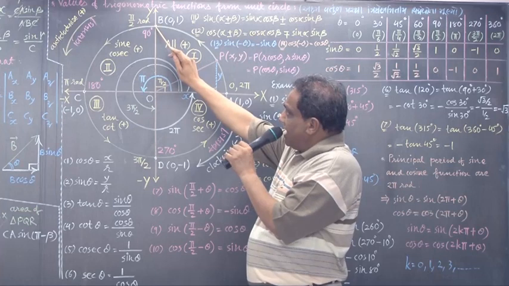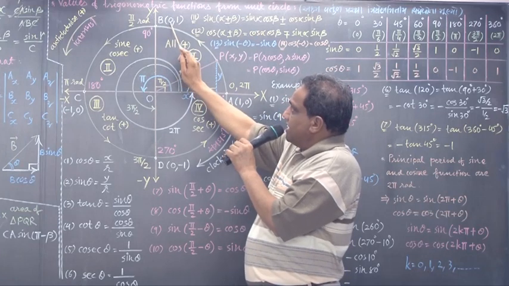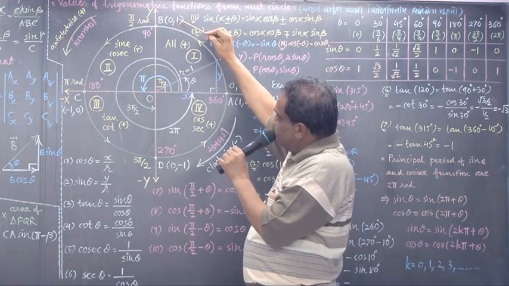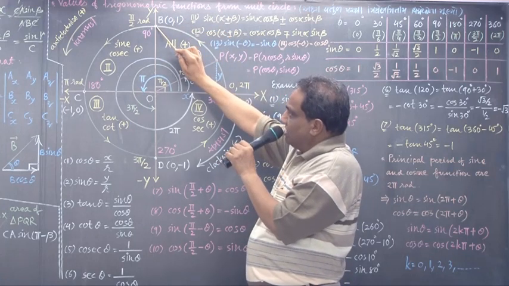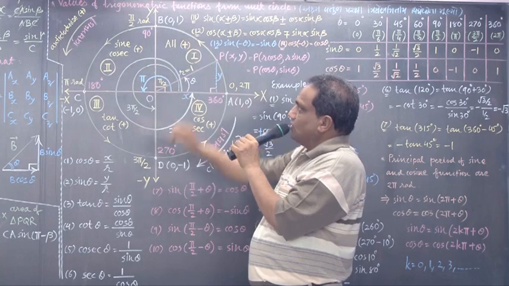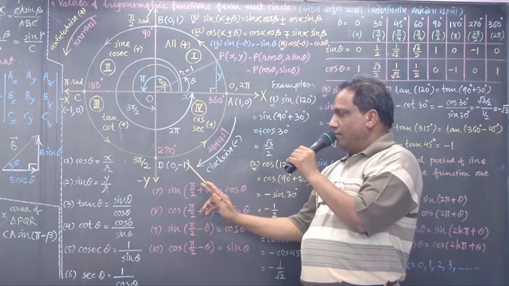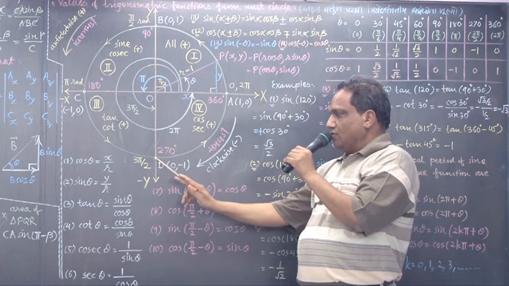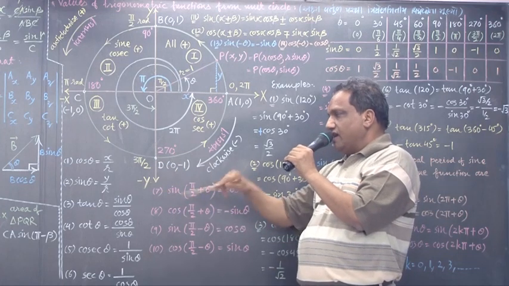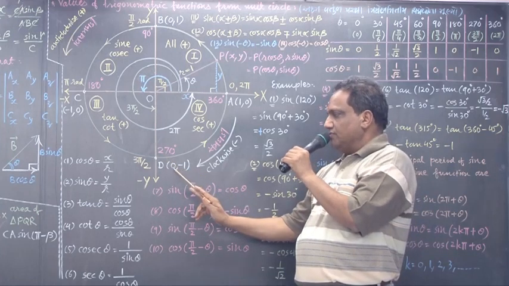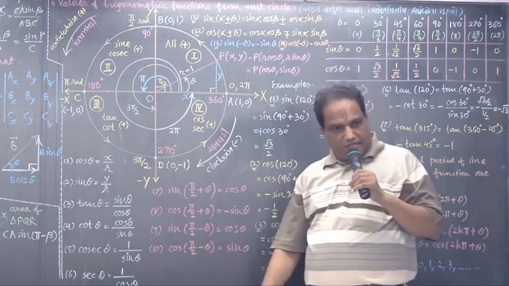For a point on the y-axis, the x coordinate must be 0. And this much is the radius, which is 1 unit. For a point on the positive axis, the y coordinate must be positive. Similarly, the coordinates of this point are 0, minus 1. Because it is a point on the negative axis, its y coordinate must be negative. And for a point on the y-axis, the x coordinate must be 0. Correct? Fine.